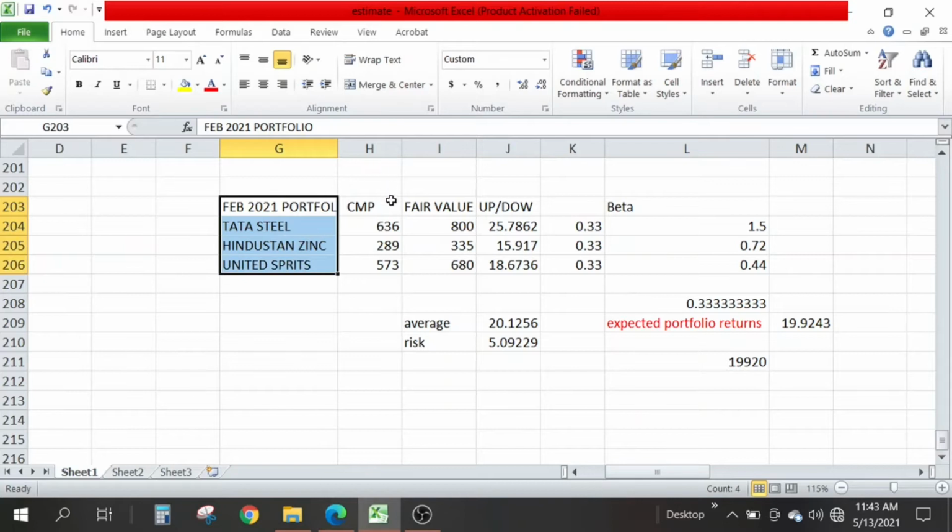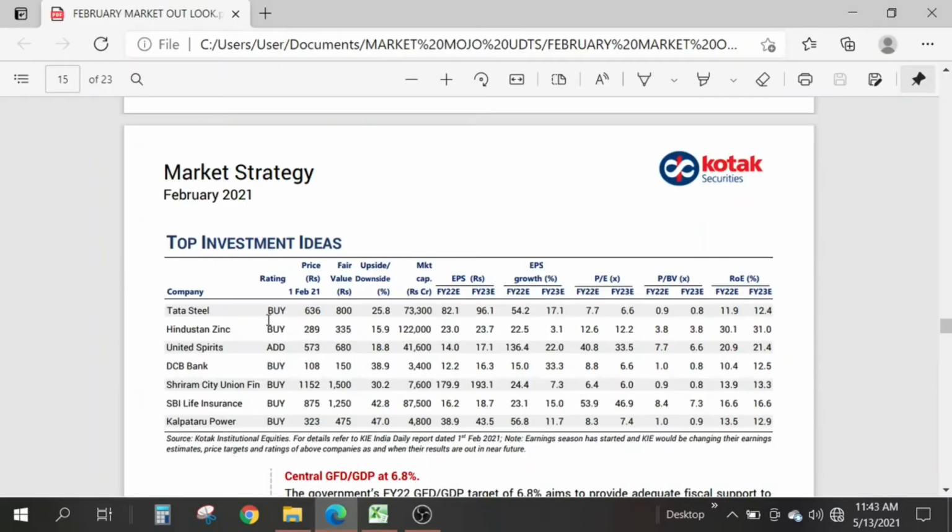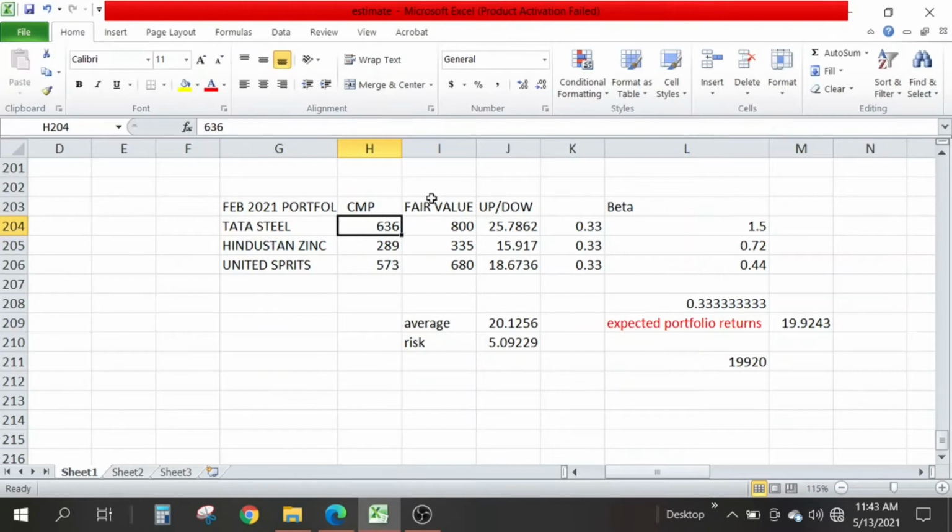We have the names, and here we have the current market price. This price we can take as recommended price or fair value, because this price was given on the charts. See, here it is given the same price,